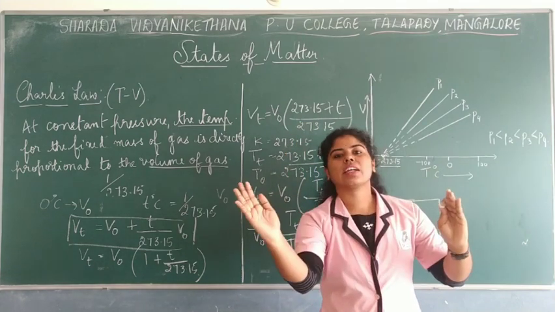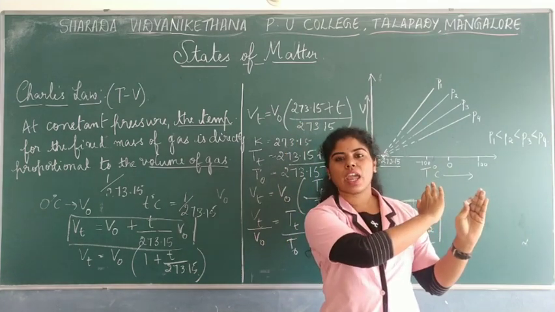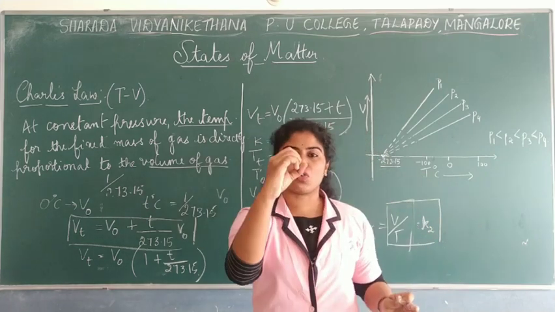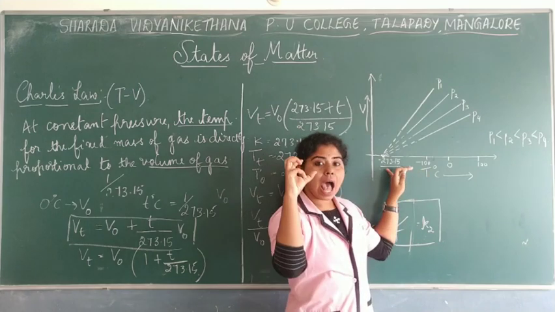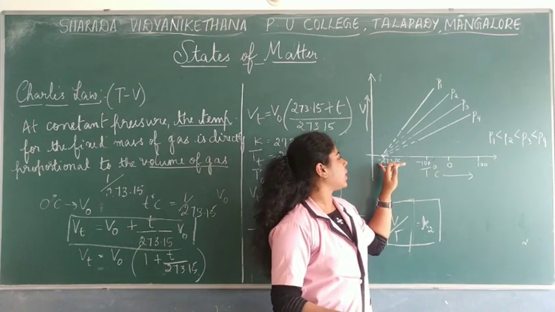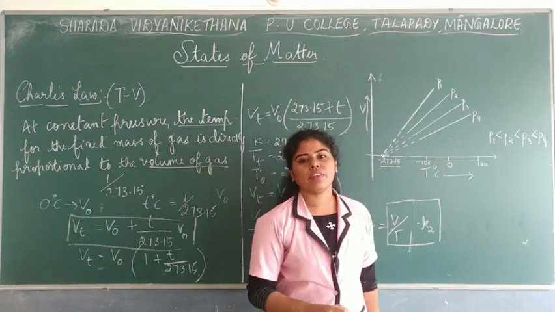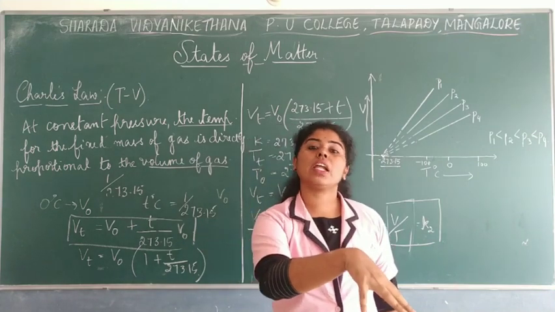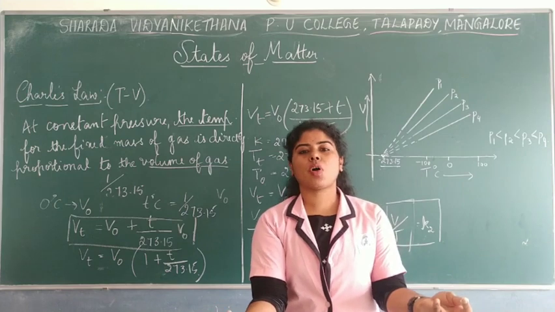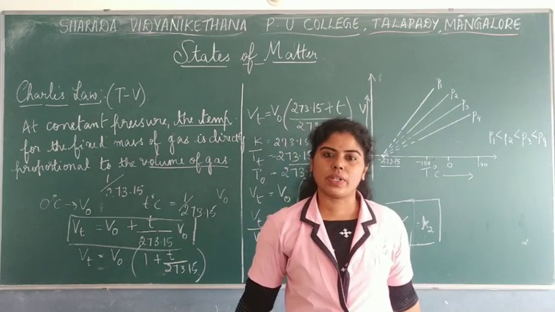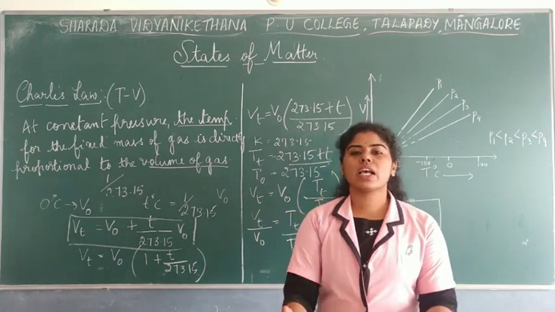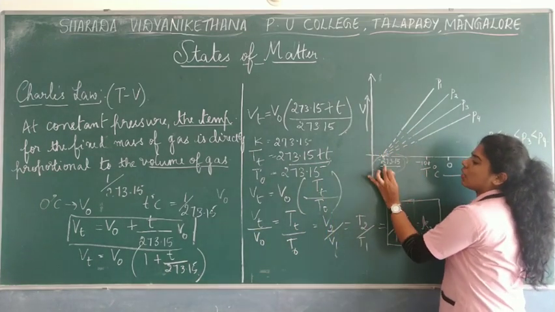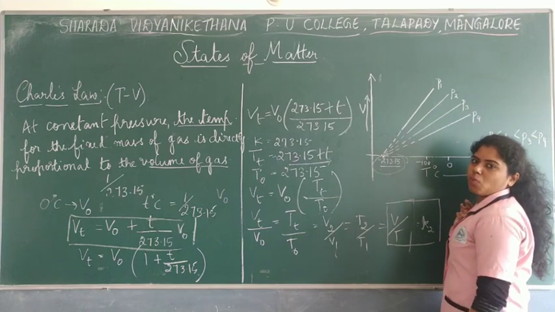After this, the gases will be liquefied. Okay, so they will be in the liquid state where the volume of the gas will be 0. That's the initial value, that's the absolute value. That temperature is minus 273.15. Got it? After this, the gases will be liquefied. There we do not consider the volume of the gas, right? They are obviously in the liquid state. So where the volume of the gas will be 0, that's the exact temperature value, and that is your minus